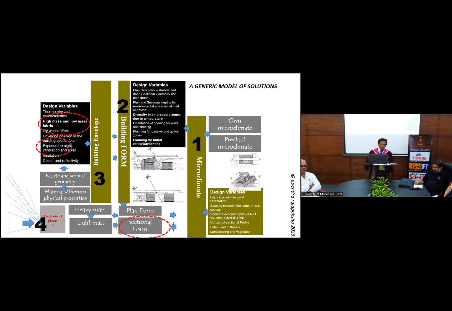Then when you optimize all these elements, the next level comes into play. What is the next level? Mechanical plants. You can then install efficient systems, efficient air conditioning systems, efficient lighting systems. But if you do that without optimizing the architectural design to minimize heat gain and remove heat from the building interiors to outside, the systems will not work.